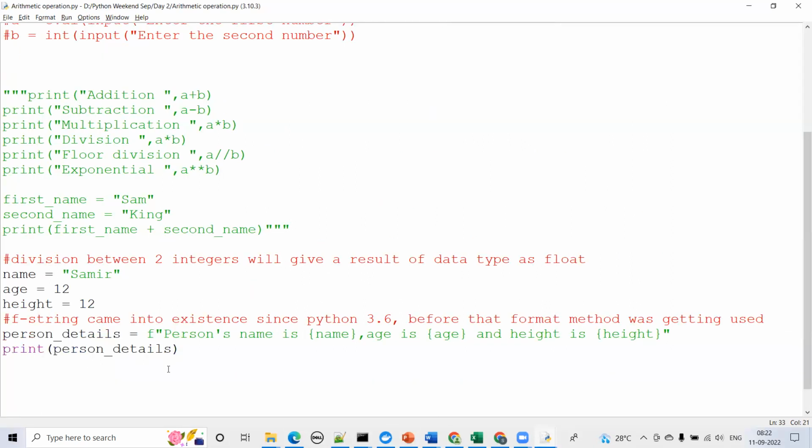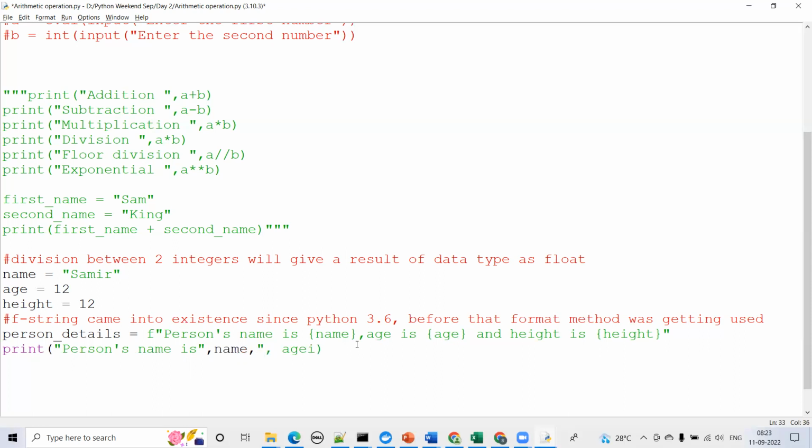Okay, so with the help of f string within a string, we can pass values. This is easier when we print. Normally, how will we print? For example, if we don't use f string, we print like this: inside, the person's name is, we enclose this in double quotes, then we give a comma, and then we give the variable name. Okay, and then again we give a comma, and then we write